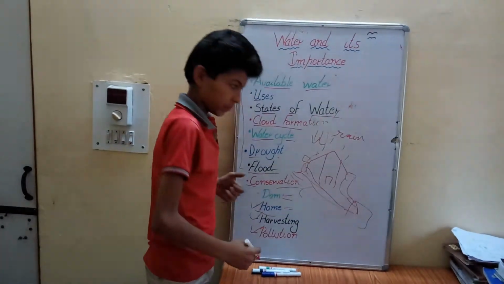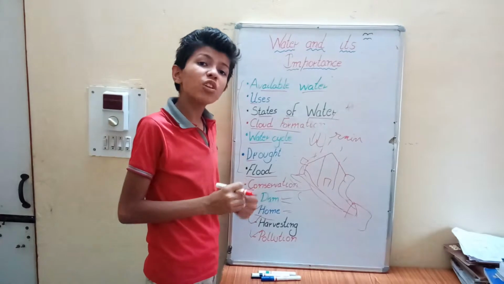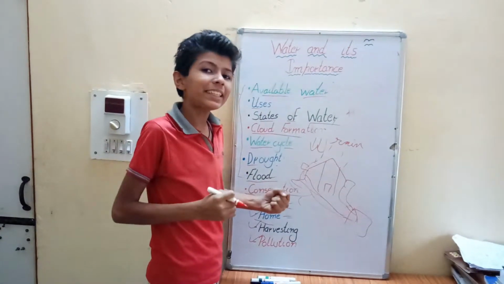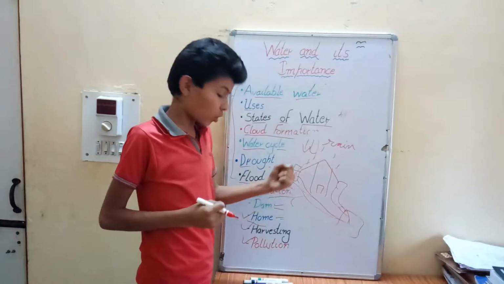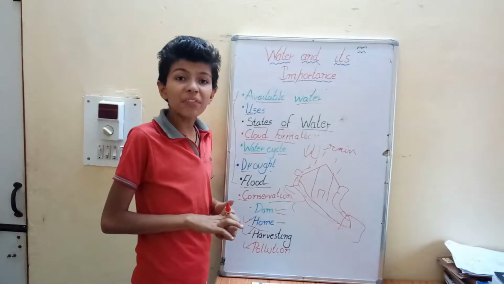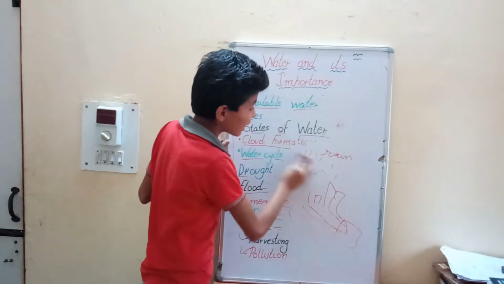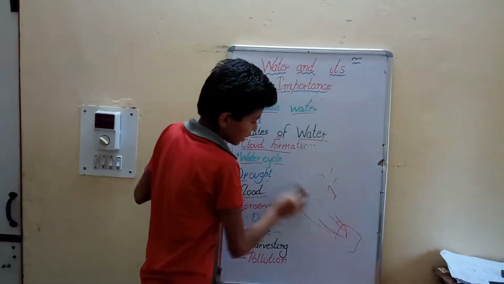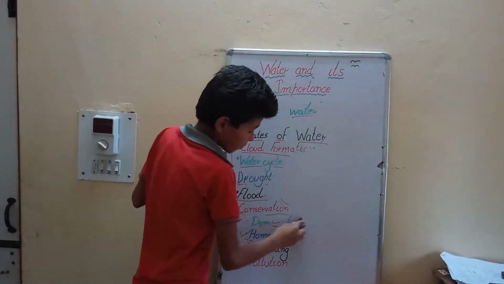Now, pollution. What is pollution? The addition of harmful substances in quantities that are harmful for humans or living things is called pollution. We can prevent water pollution by not throwing garbage or toxic waste in the rivers, cleaning them daily,